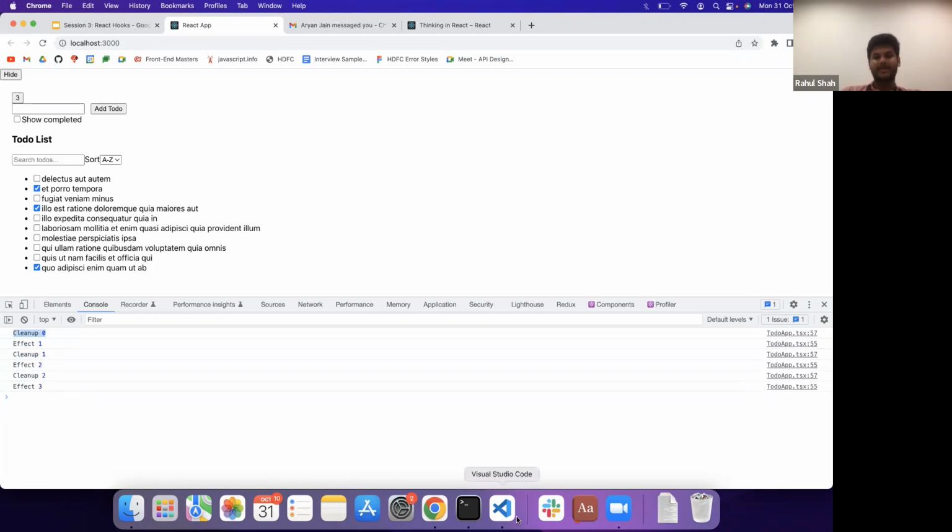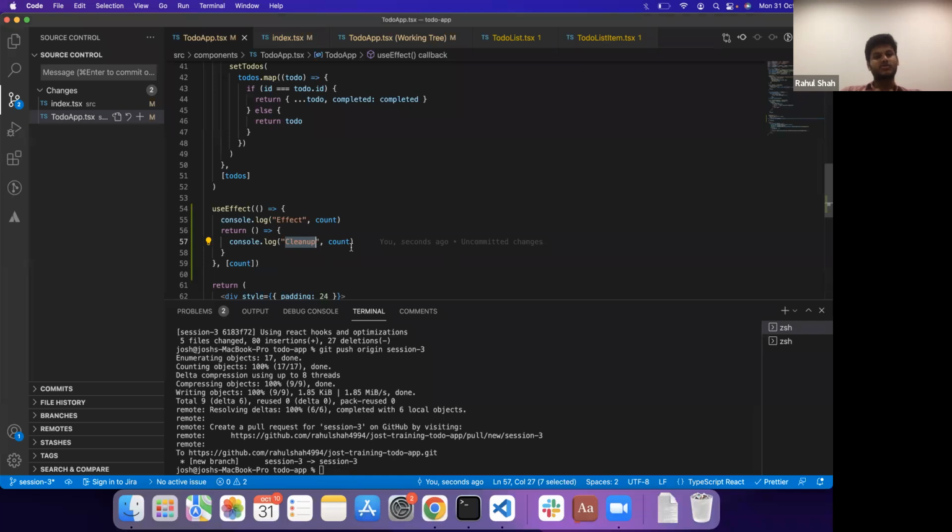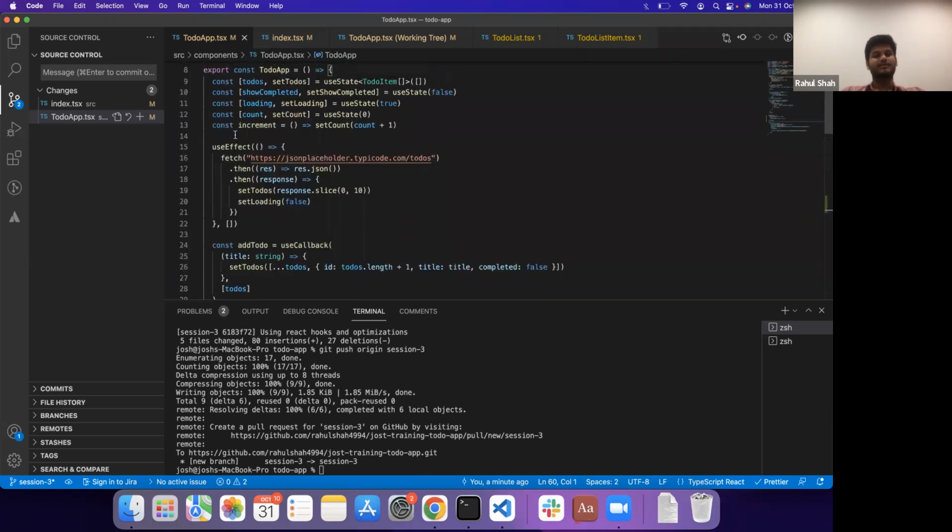So what is happening is it is storing this function with whatever values it has at that time. Okay? And when it cleans up, it calls it with the old value. So it calls this function with the old value of the state and this function with the new value of the state. This old value happens before this is called. And let's check this order in the entire